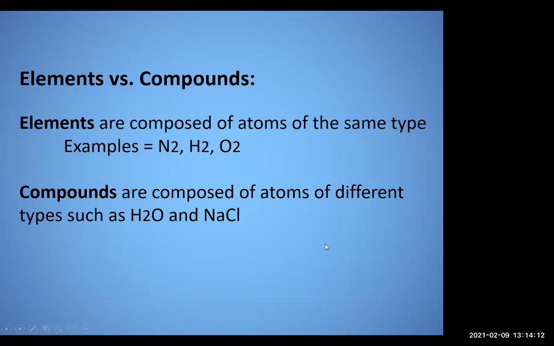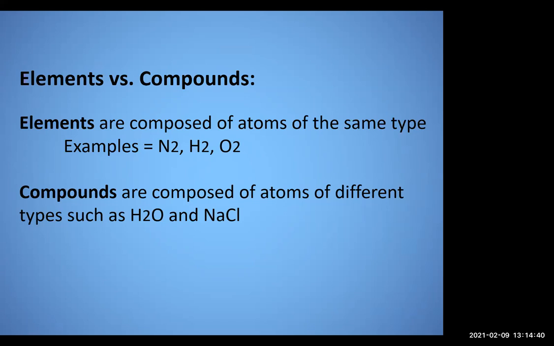Okay, so that's what radioactivity means. There's a half-life associated with it and it gives out energetic particles. It's unstable. Okay, elements versus compounds. Elements are composed of atoms that are of the same type. Some atoms tend to join together with a partner, and it makes for a very stable relationship.